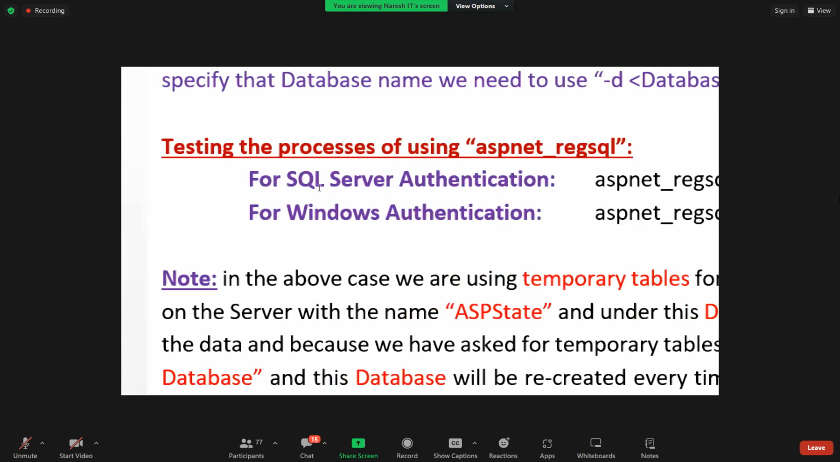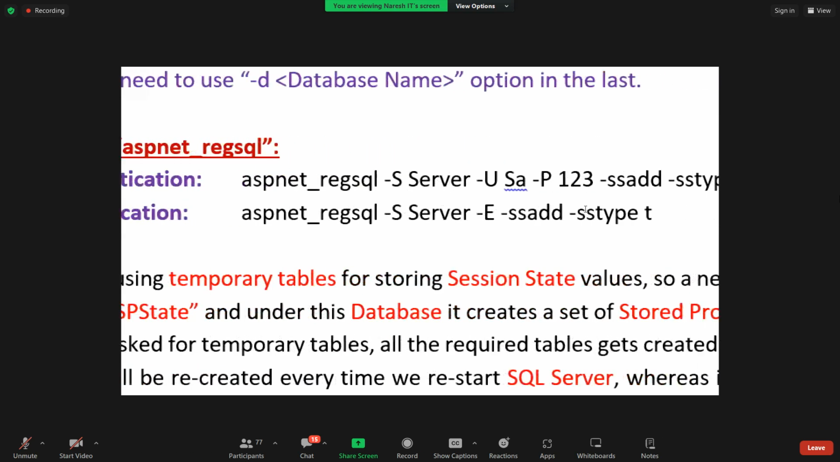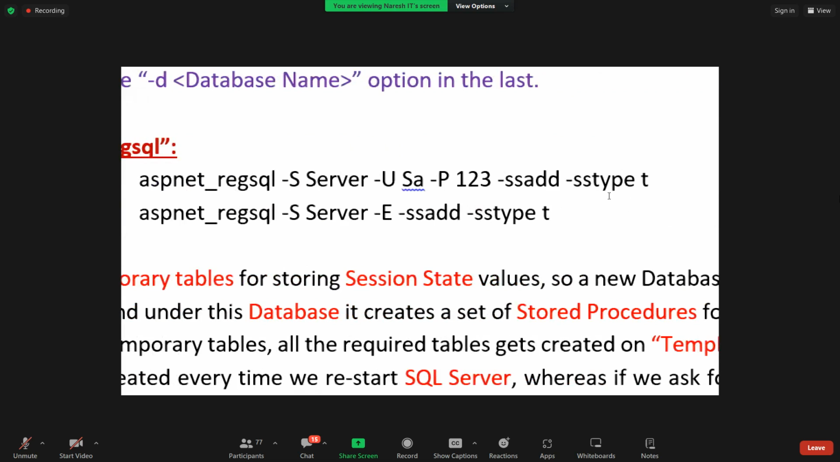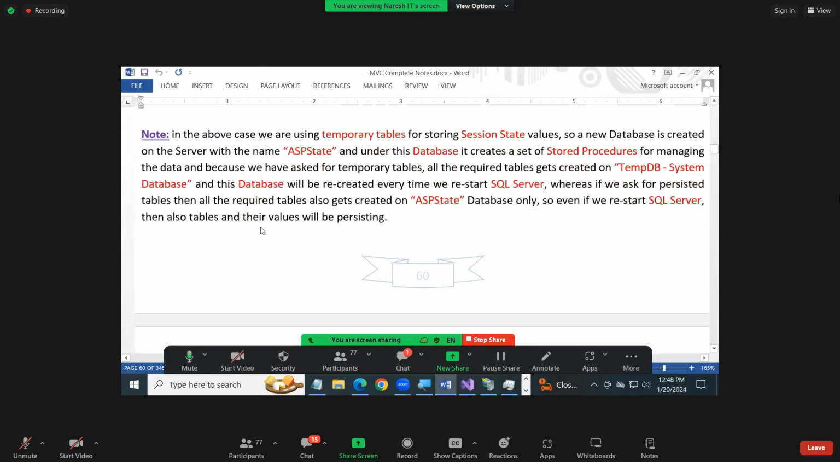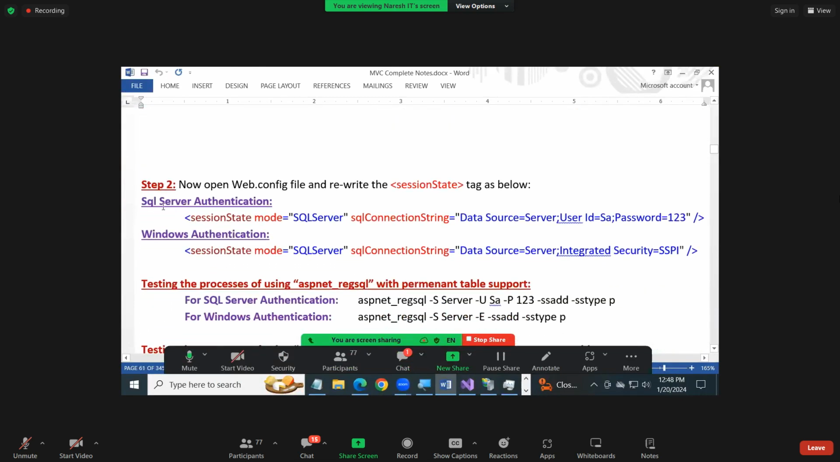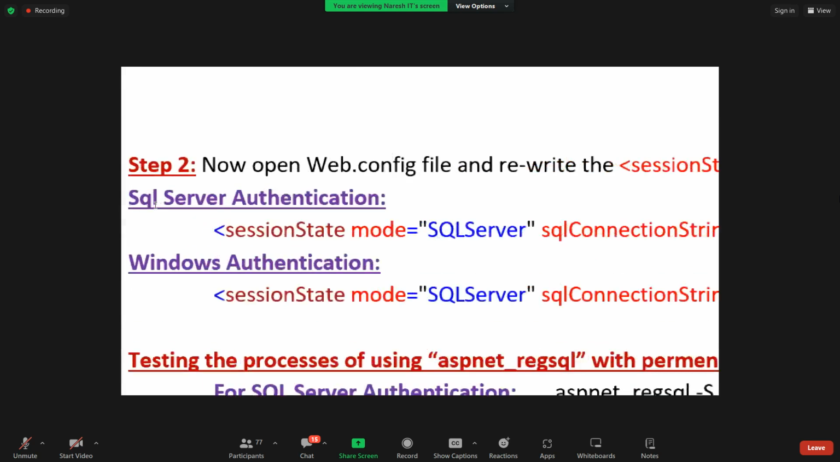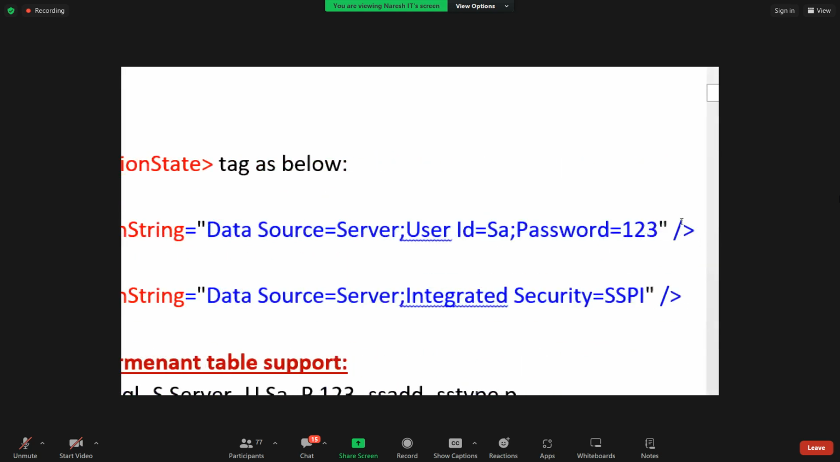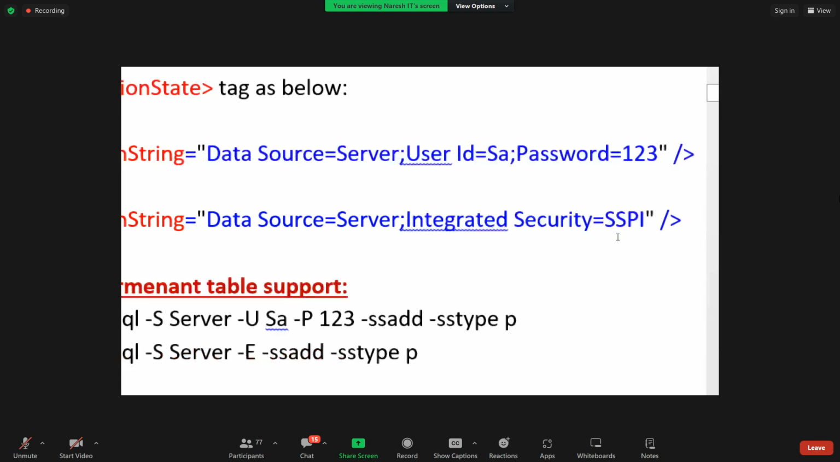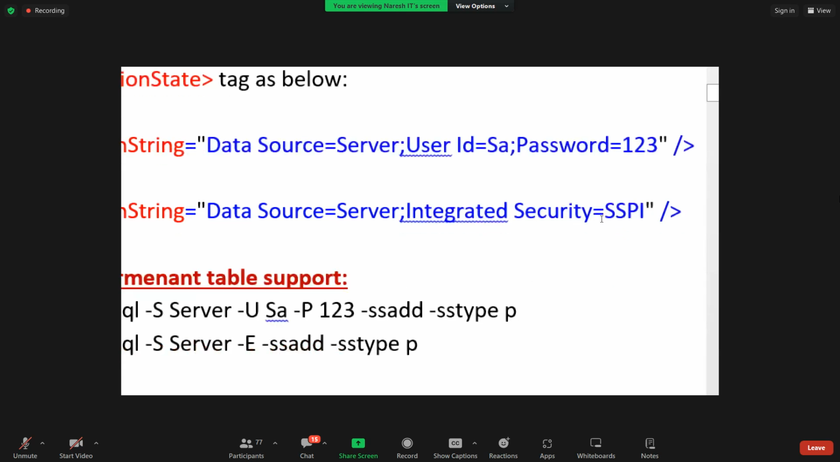Testing the process of using ASP.NET RegSQL. What I'm using now? Temporary. I'm using the temporary option now. Okay. And after doing this, you're required to go to your config file and write this. Your SQL authentication. Write your username, write your server name, your password. Don't copy paste it. These are my system values, not your system. For Windows,